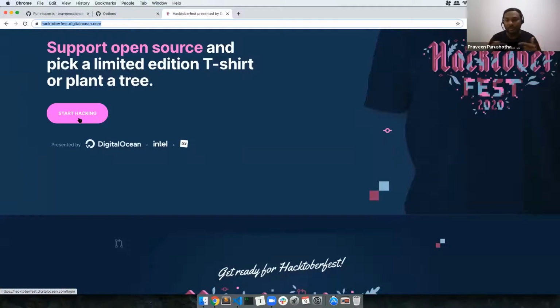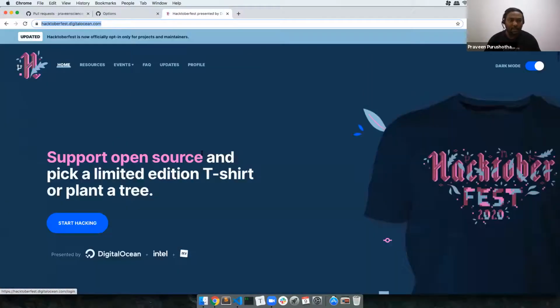Hacktoberfest is an event or a marathon for supporting open source software by everyone. DigitalOcean, Intel, and Dev, these three companies joined together to create this event, and the primary sponsor is DigitalOcean.